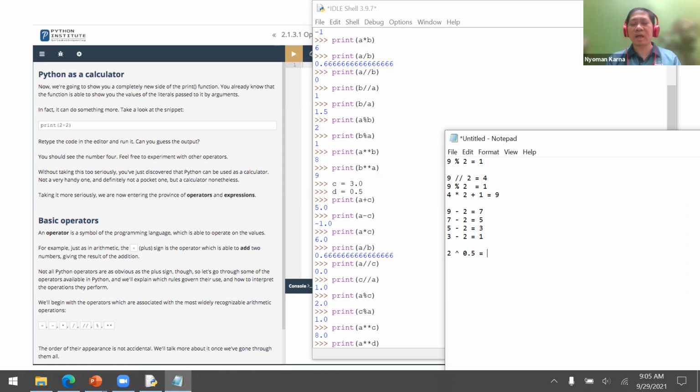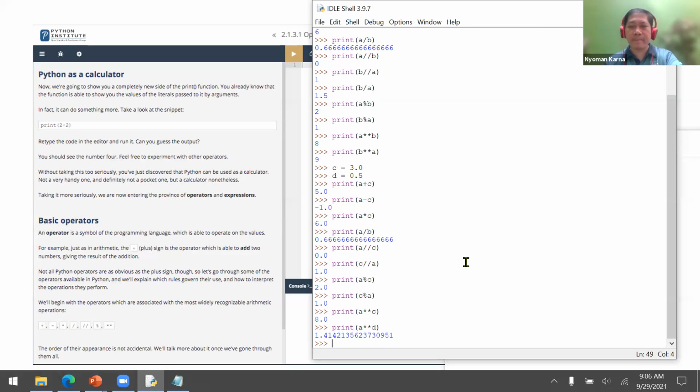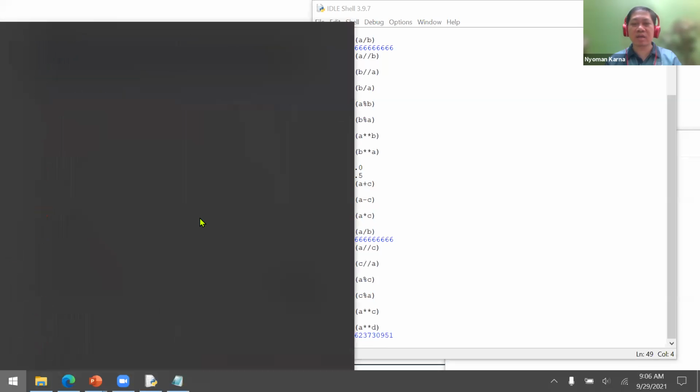This is similar to the square root of 2, or in bahasa it's called akar pangkat 2. So it will give 1.4142, etc. Same thing as if we use the calculator.